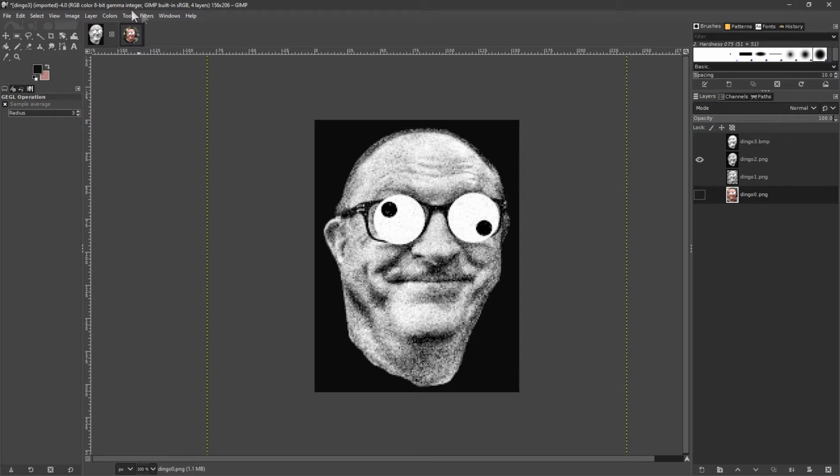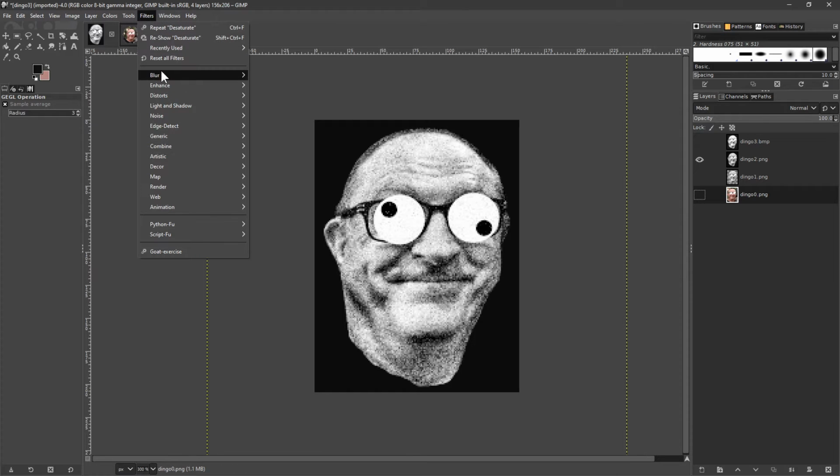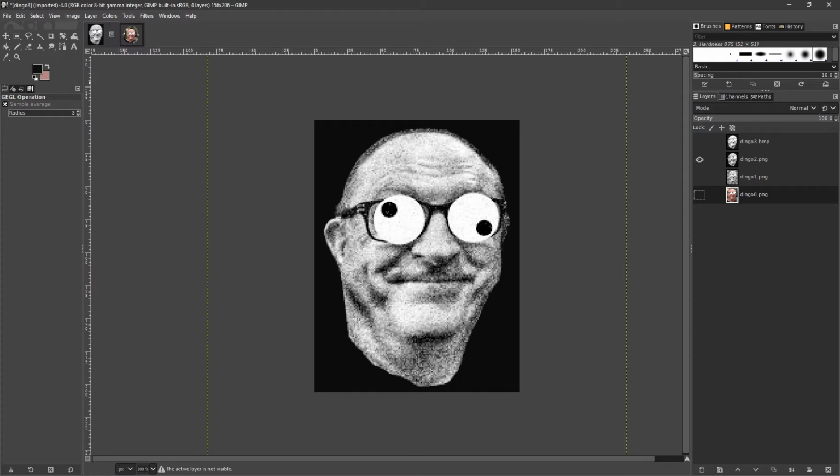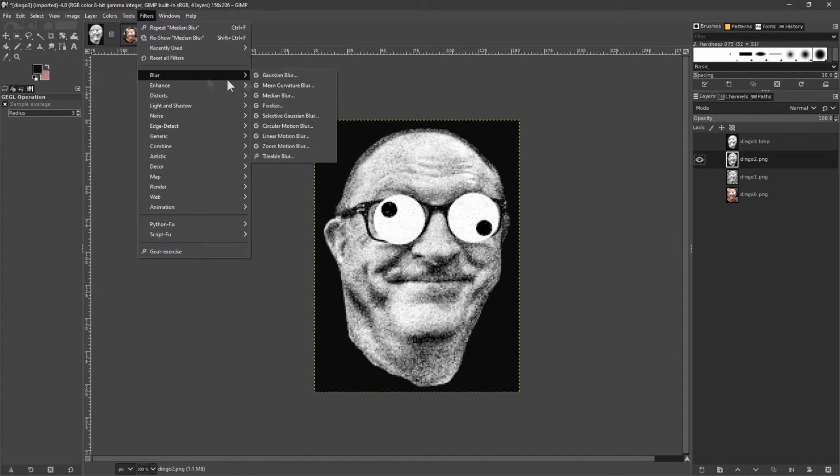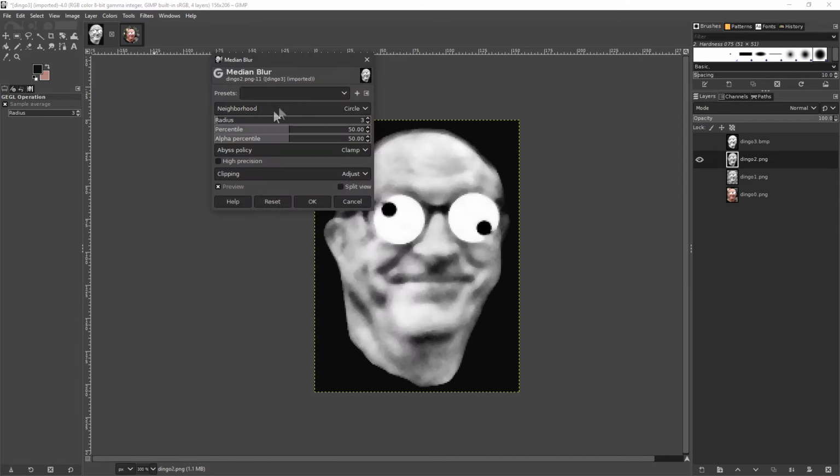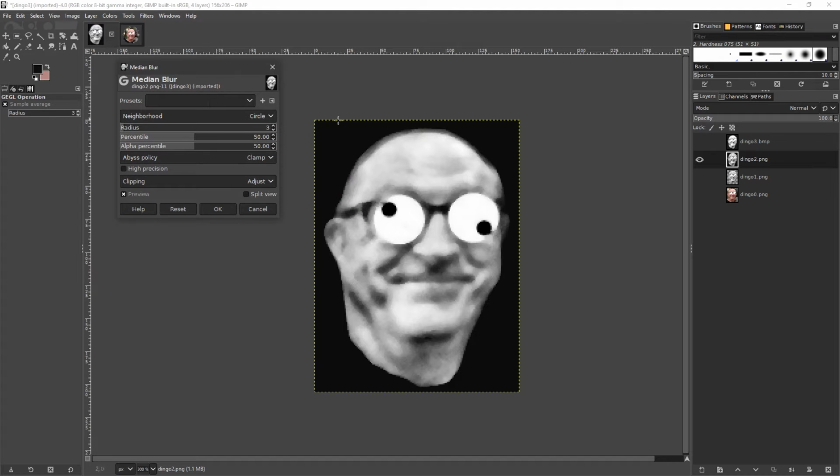You see this? We go to filters, blur. There are many sorts of blurs, but a median blur works quite well. Why didn't that do anything? Because I'm not on the right picture. Try that again. Filters, blur, median blur. And what you do is you set the